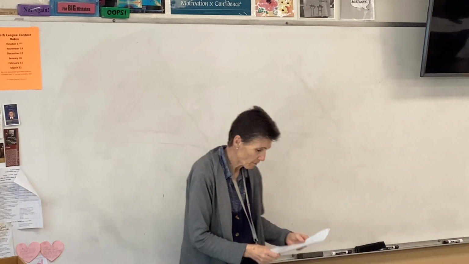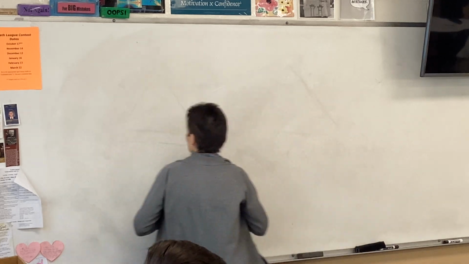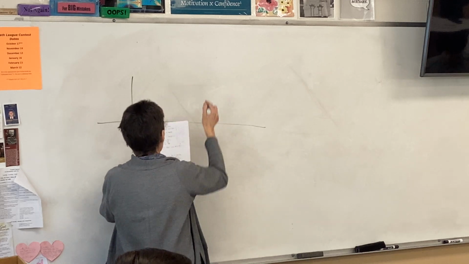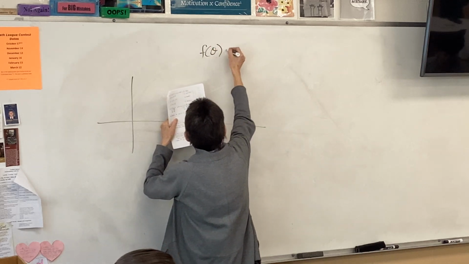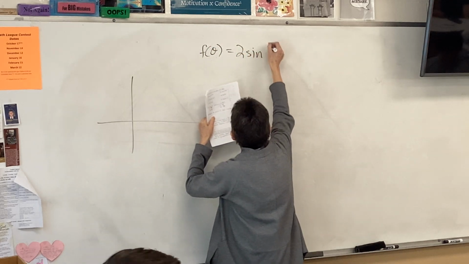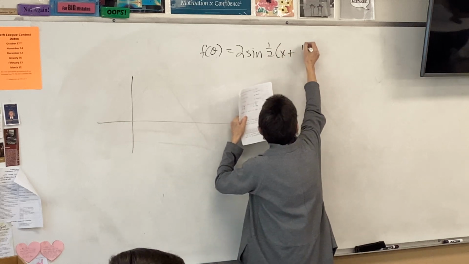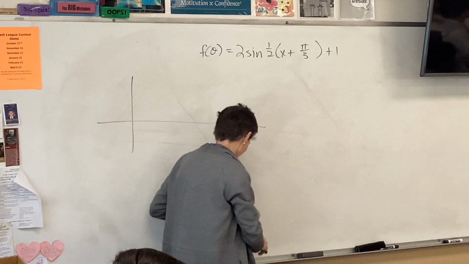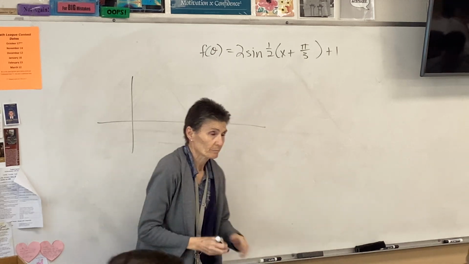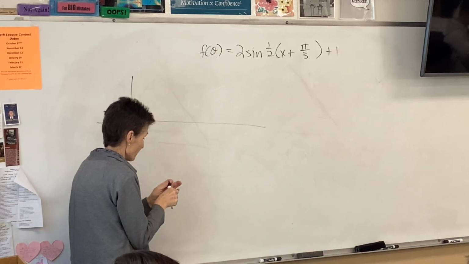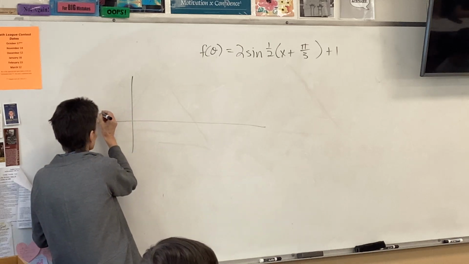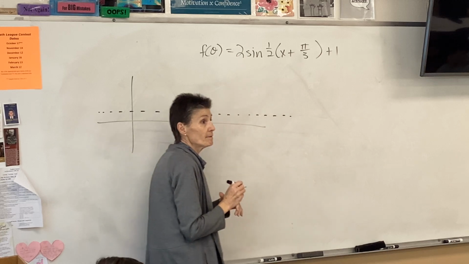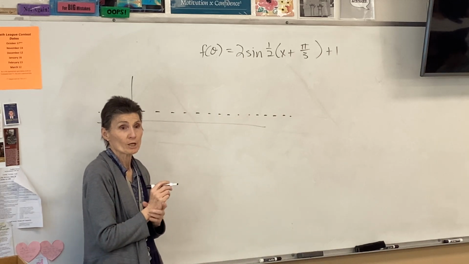Alright, I think we're ready for number 13. It says sketch 1 period of this guy. Okay, so first thing I'm going to do is go ahead and draw in my midline or my vertical shift,